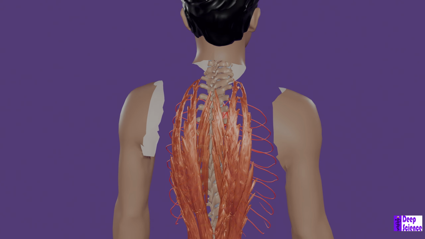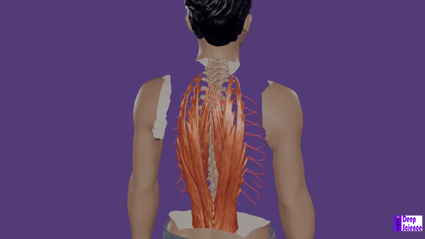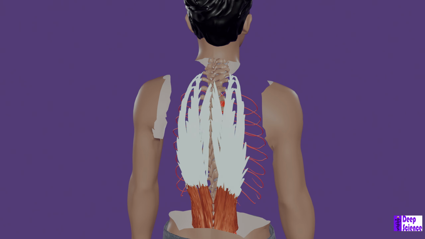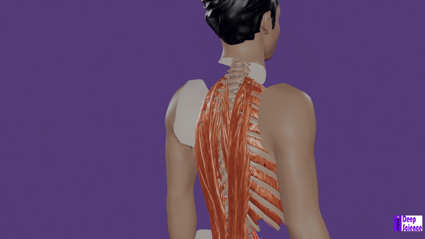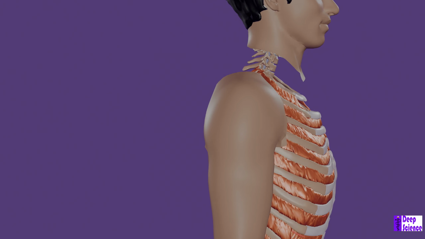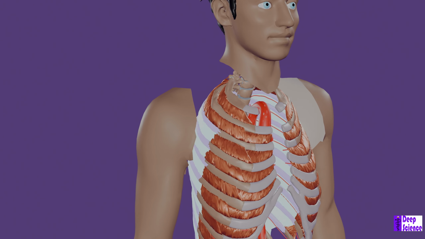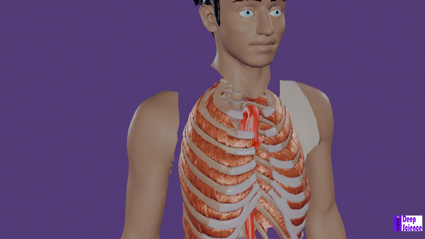The posterior intercostal arteries supply the deep back muscles, also called intrinsic muscles. The ribs and intercostal muscles are also supplied from the vertebrae somewhere halfway. But we have exceptions on this: the first and second, and also the 12th ribs. The first and second are supplied by still posterior intercostal arteries but of subclavian origin, while the 12th is supplied